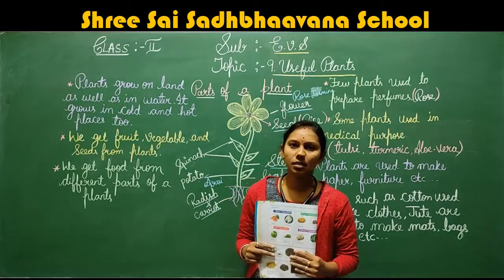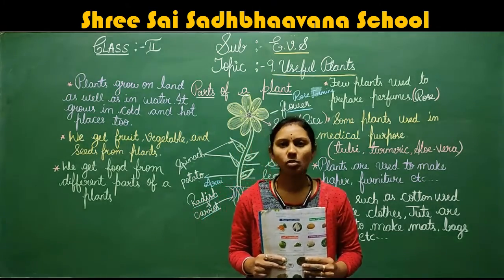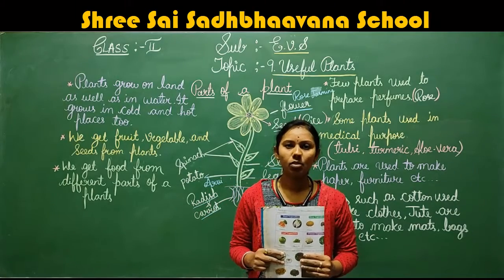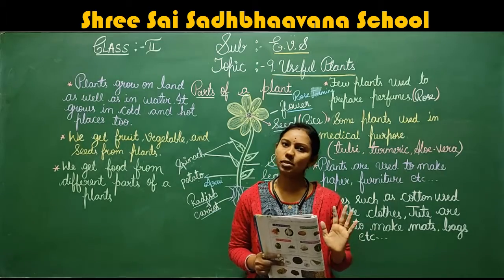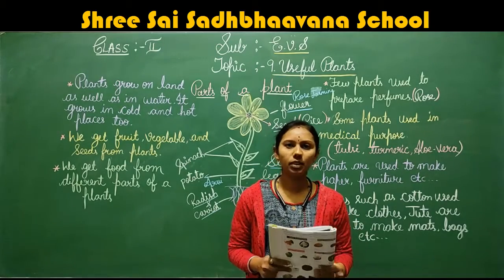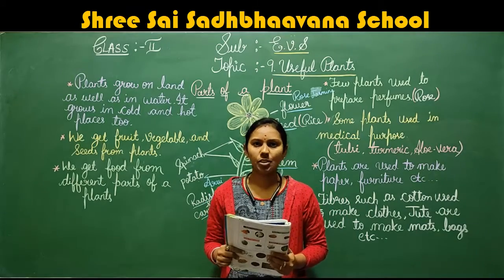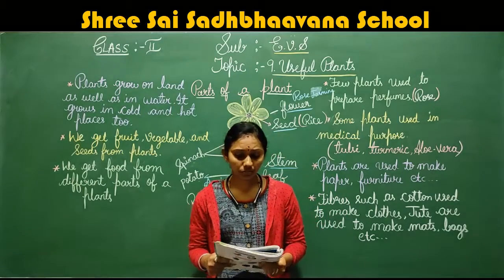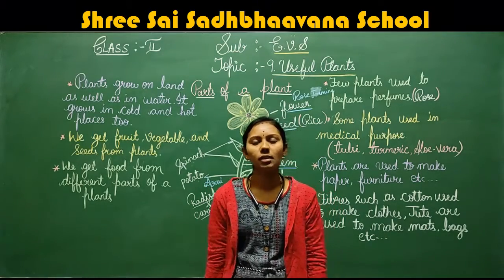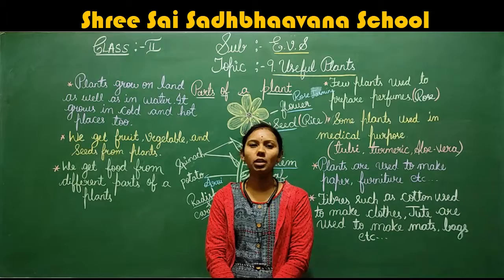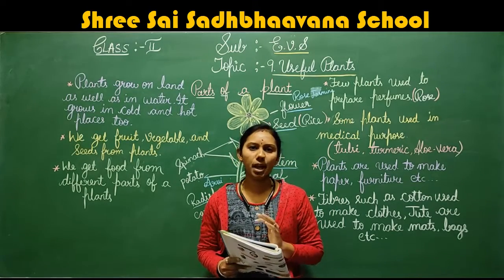What do you mean by this? For cooking food, what all will we need? Oil also we need, no? Vegetables also we need. Then cereals, pulses, grains also we need. Then with that, we need some oil also for cooking delicious food. Yes, no children? How are we getting this oil? From what are we getting this oil? Yes, we are getting this oil also from the plants.